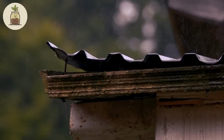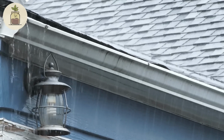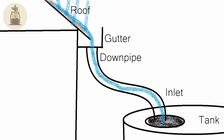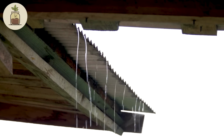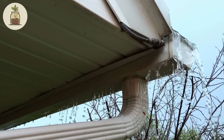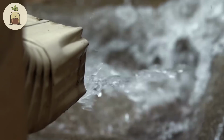Testing shows metal roofs produce up to 98% cleaner water than asphalt shingles in Amish water quality assessments, creating first flush diversion systems to ensure cleanliness represents another Amish innovation in this field. Amish metal roofs are so good at collecting clean water that when it rains, their gutters practically operate like premium bottled water companies. Amish communities use different roof runoff for different purposes based on water quality evaluations, creating a hierarchical